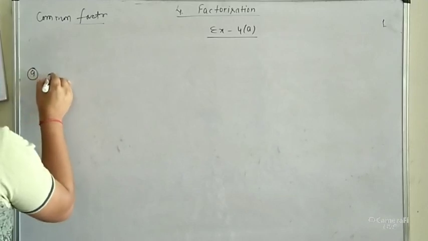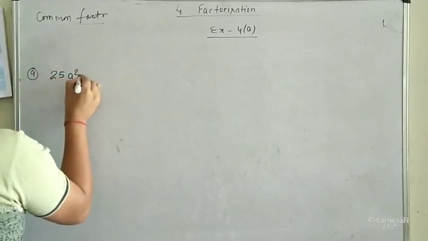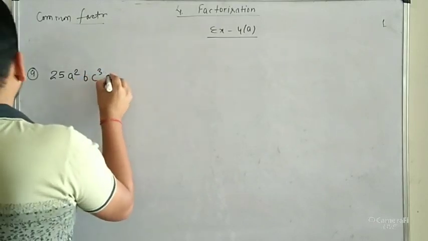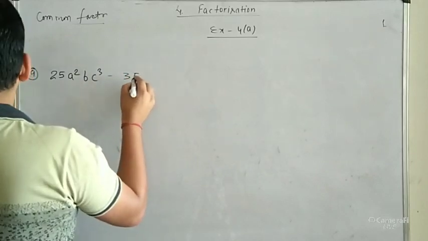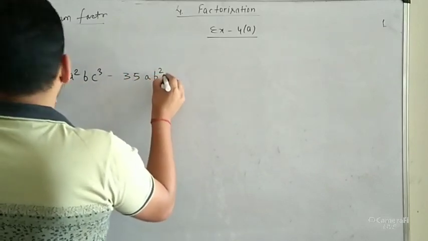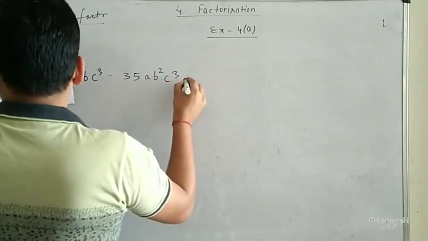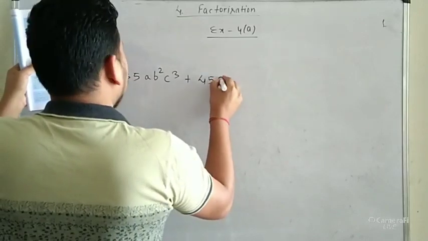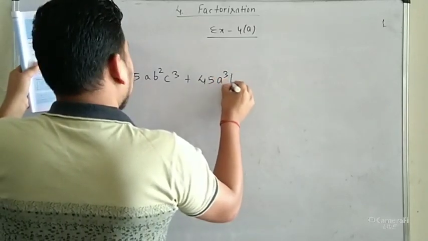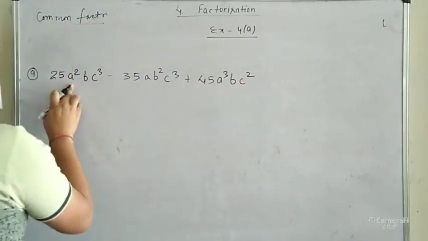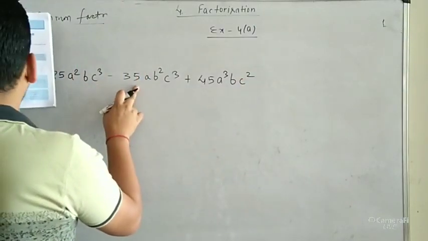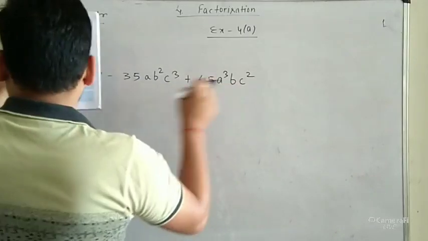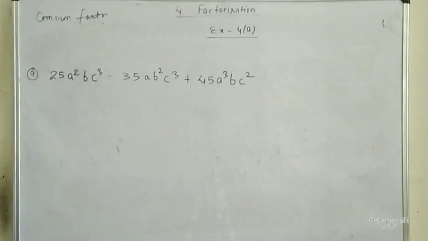Question number 9: 25a square b c cube minus 35 a b square c cube plus 45 a cube b c square. It is just